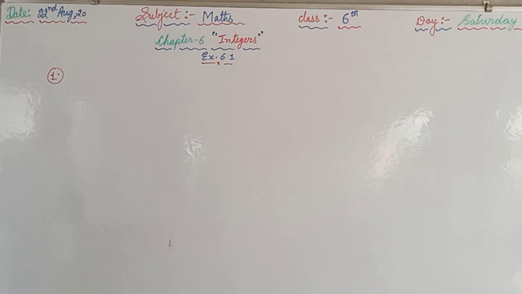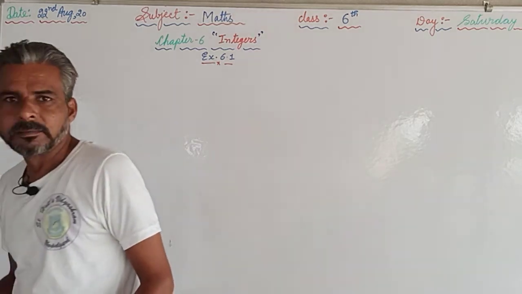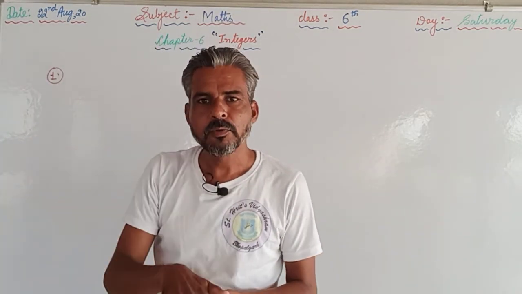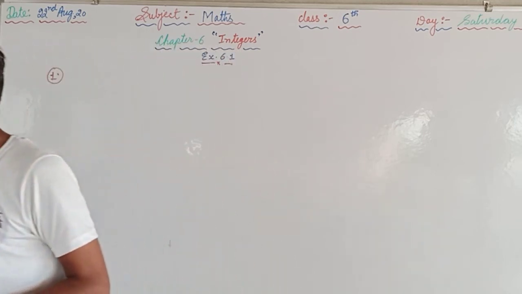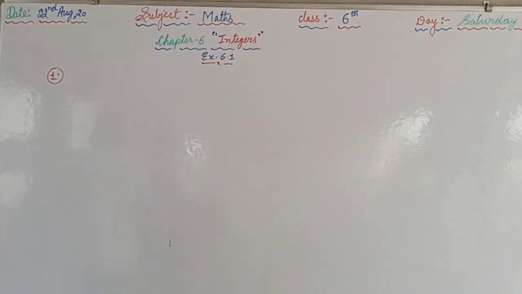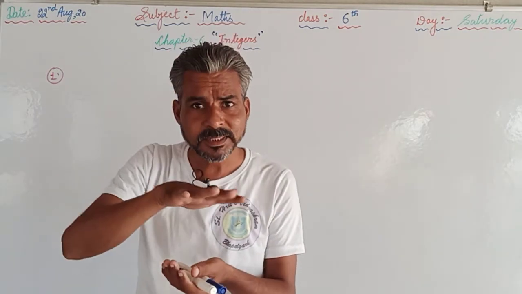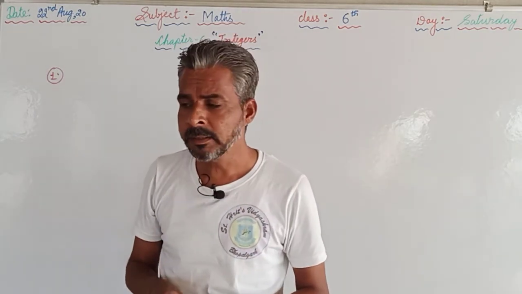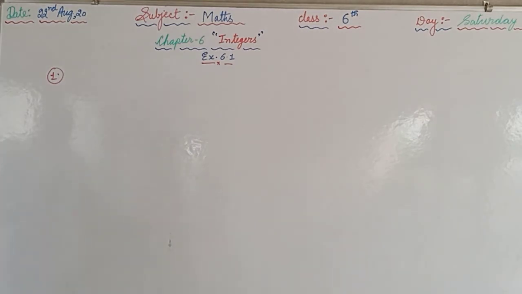A submarine is moving at a depth 800 meters below the sea level. A submarine is there, it used to float down in water. So at what depth it is? It is 800 meters below sea, which means minus 800 meters. Now the next one, a deposit of rupees 200. I told you, whenever we are supposed to deposit, we consider that positive. So that will be plus 200 rupees. Withdrawal of rupees will be negative, and here the withdrawal of rupees 700 is supposed to be considered as minus 700.